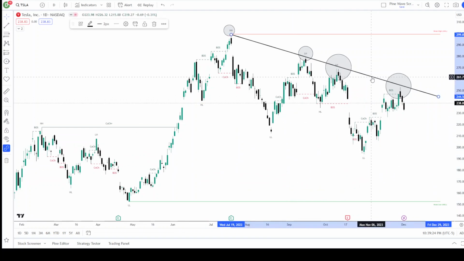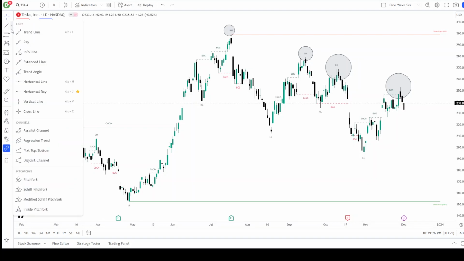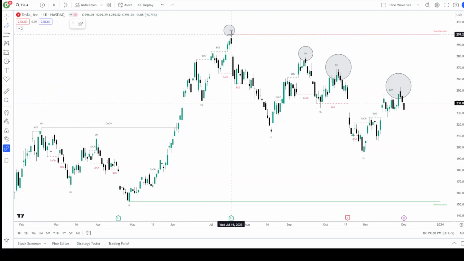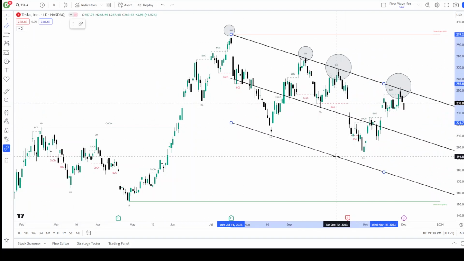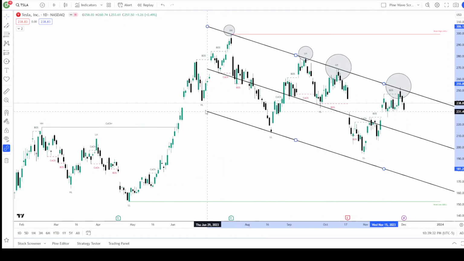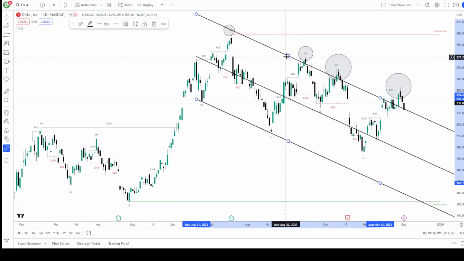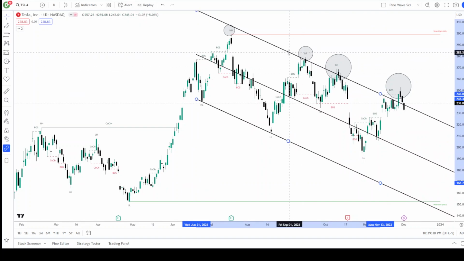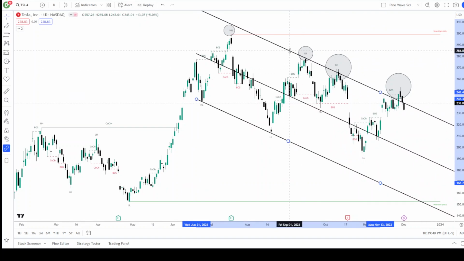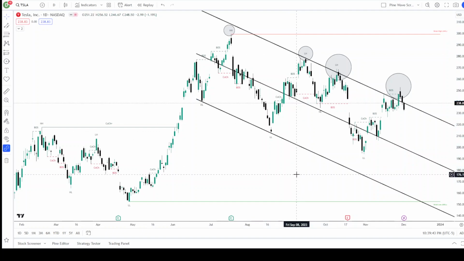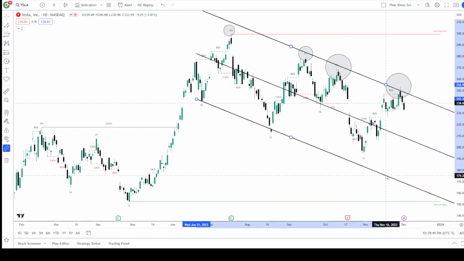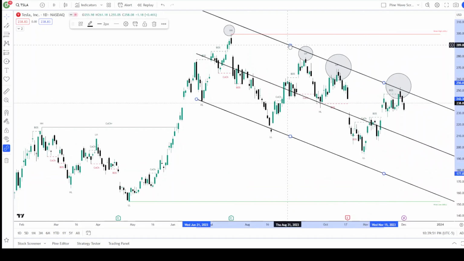If you wanted to take this and use your parallel channel tool, we could do something like that. Let's connect those levels and then pop that out to, well, however you want to do it. I mean, we got something that appears to be channels with either small breakouts, or what appears to be a little bit more like a wedge or a,